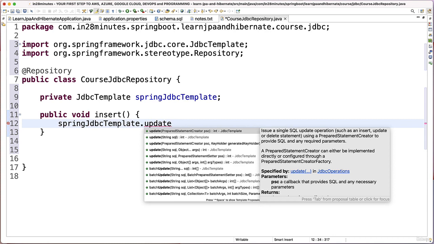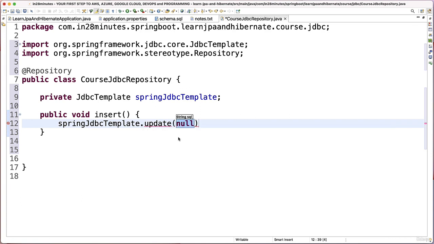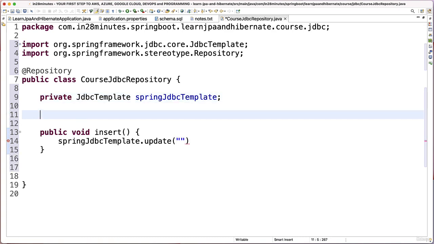So we want to execute a query. That's what the update allows you to do. As you can see in here, issue a single SQL update operation, for example, insert, update, or delete statement. So let's go ahead and say update and give the SQL statement to execute. The SQL statement to execute we already have, right? So let's